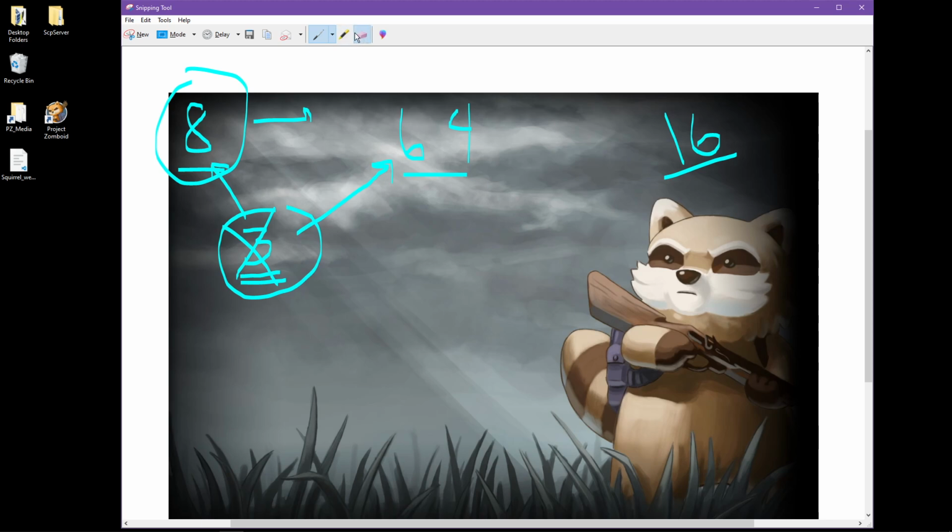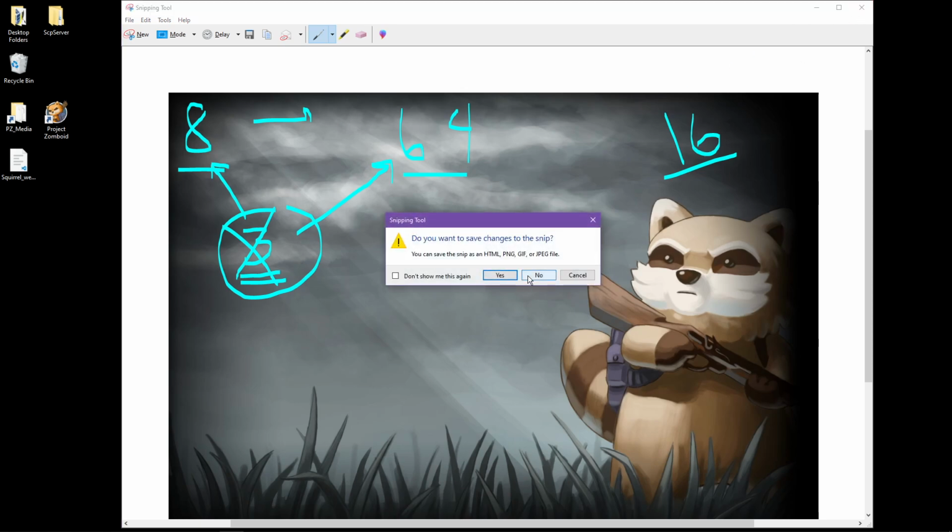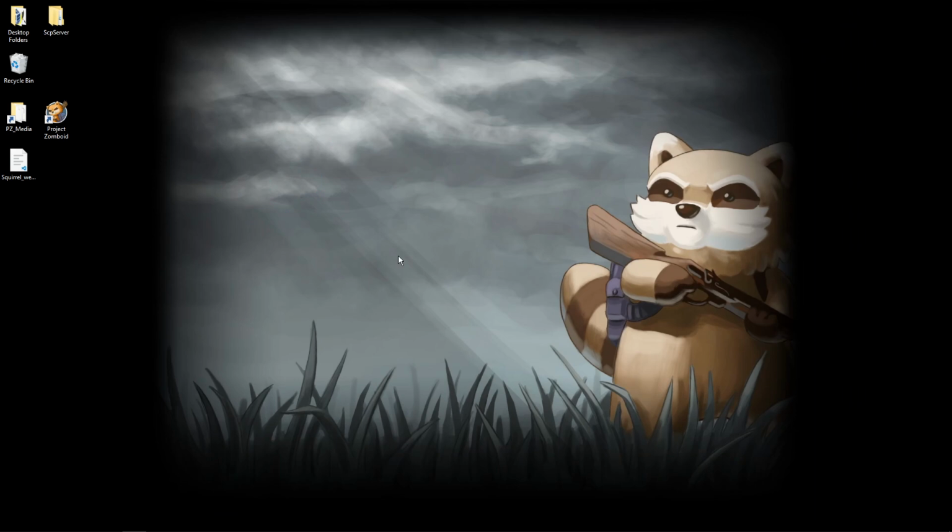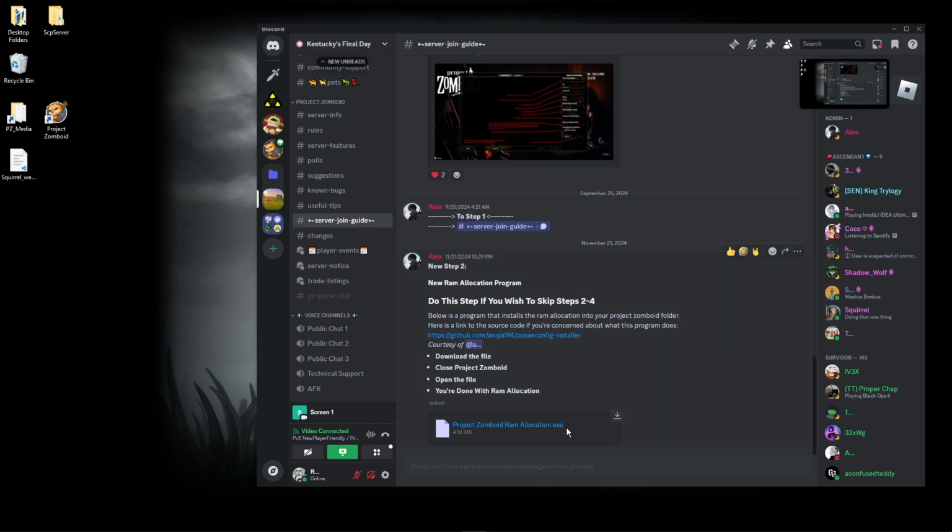This ceiling and RAM allocation was changed and removed by Aokia, who is a really prolific modder in the game community. I'm going to go ahead and remove this. This program basically is a program that helps do all of that. Now, if you're more tech savvy and you're still not sure about what could be inside the exe,